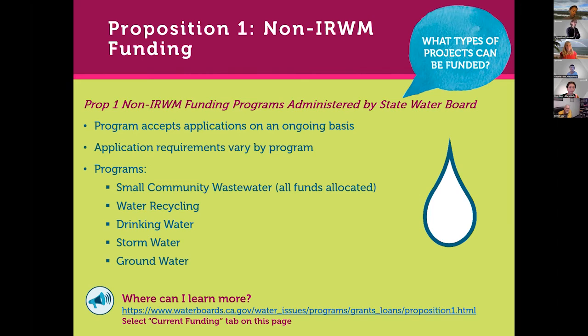I think I want to take a second here to say that for those of you that have already dipped your toe into the realm of seeking grant funding, especially from the state, you'll see that there's a confusing array of different requirements across the different, even within one entity like the State Water Board or DWR, but especially across entities. So what might be required by a grant from the State Water Board might look different, and how they define an underserved community might look different than the DWR grants or grants from other state agencies.